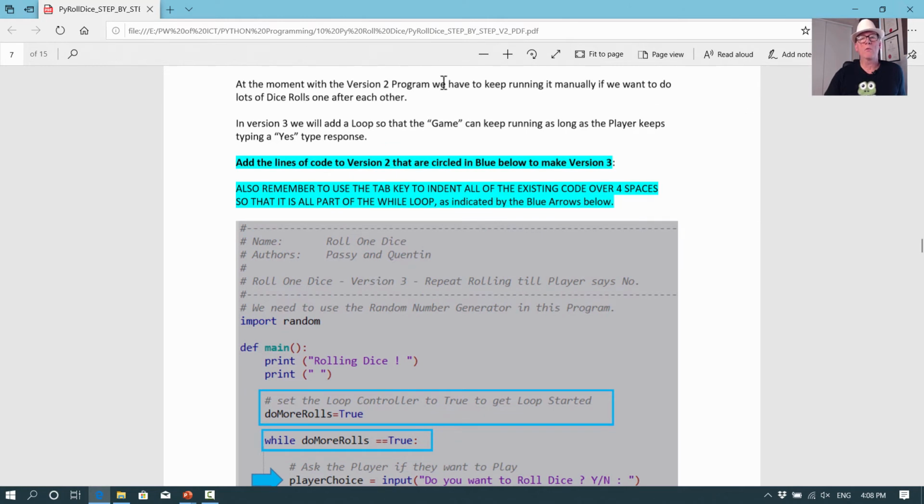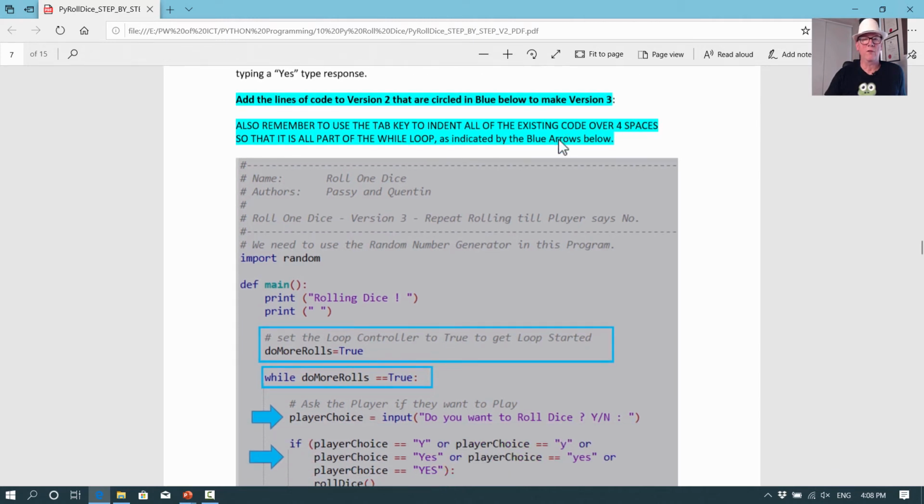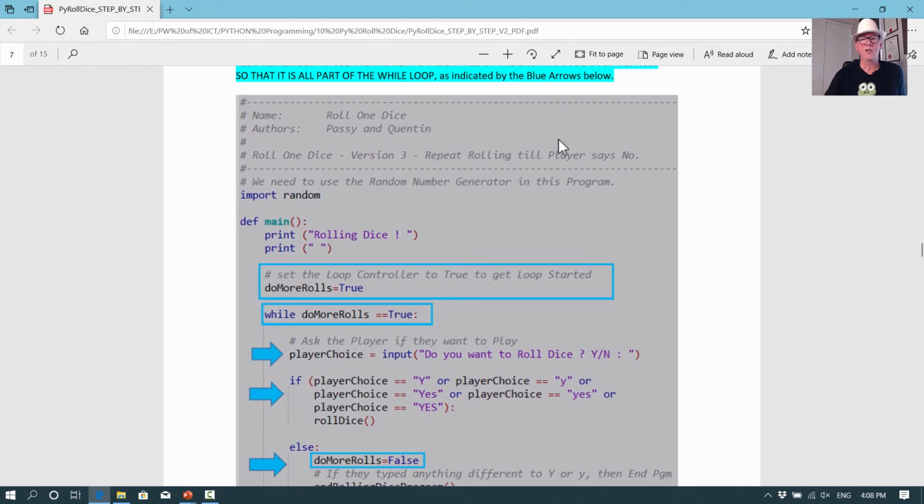All right, so at the moment, we just have to keep manually running that program over and over if we want to do more dice rolls. So what we want to do is we don't want to have to go out of the program. We just want to say yes, and we can keep rolling and rolling until we decide we're going to stop, okay? So you just take your version 2 code and you have to reorganize it a little bit